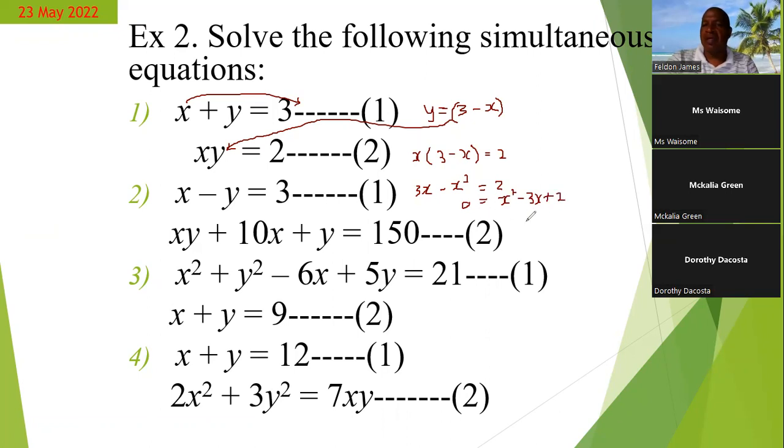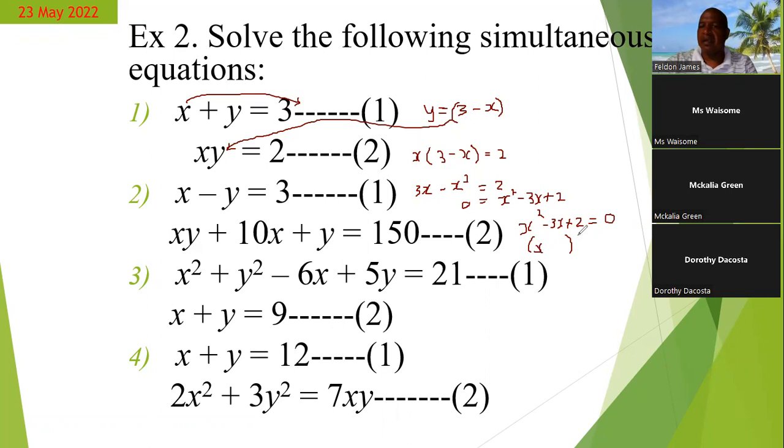Right? Now you can flip around the equation if you want. So you can now say x squared minus 3x plus 2 is equal to 0. And then now you can solve this either by factorizing if it can factorize, or if it can't be factorized, you use a formula. So if you try factorizing this, the last term is positive. So the two factors are either 2 negative or 2 positive. The middle term is negative, so the 2 factors are 2 negative. So your factors should be